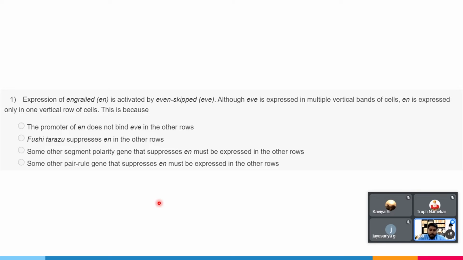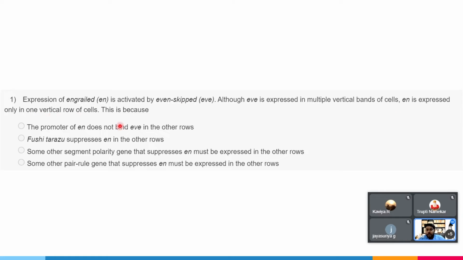So we look at the next question. Expression of engrailed is activated by even-skipped. Engrailed is a segment polarity gene, even-skipped is a pair-rule gene. Although even-skipped is expressed in multiple vertical bands of cells, engrailed is expressed only on one vertical row of